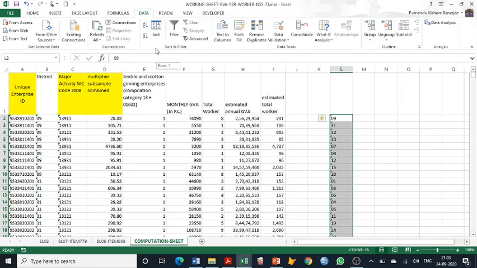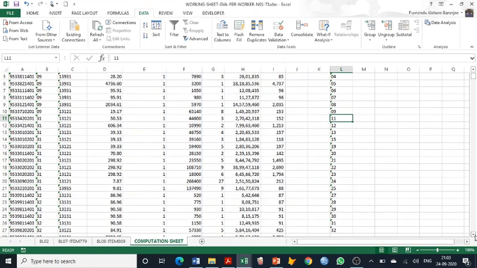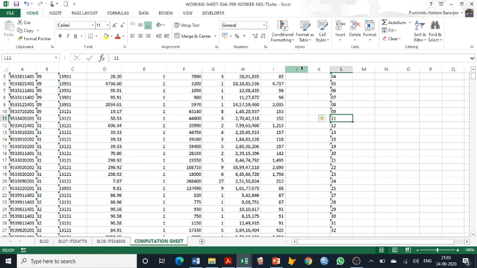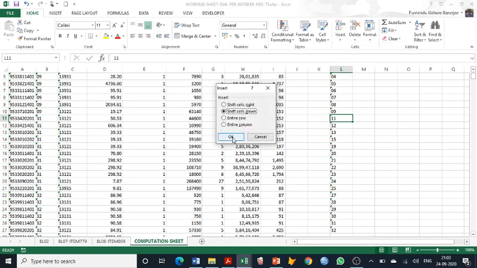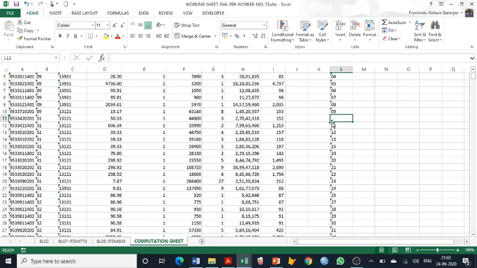So what we will do next is a simple sorting A to Z. Why are we checking again? District code 10 has not appeared, so that means we do not have any enterprise of textile in district 10. So this is a problem of generating district level estimates. Maybe if you pull the data of central and state samples together, then this problem can be overcome, and this is one reason why we should try pooling as well.